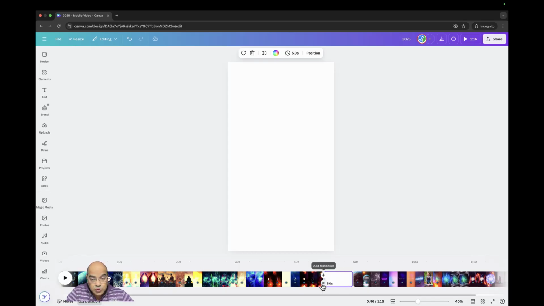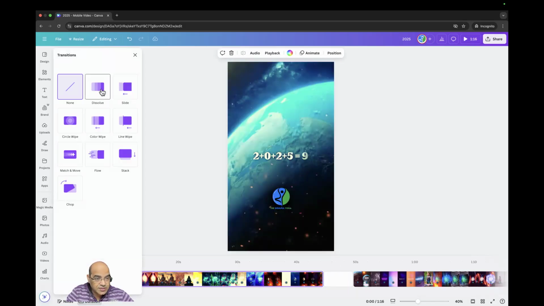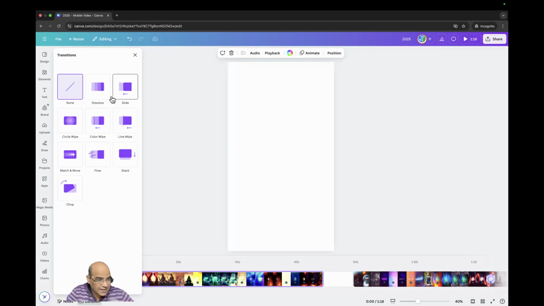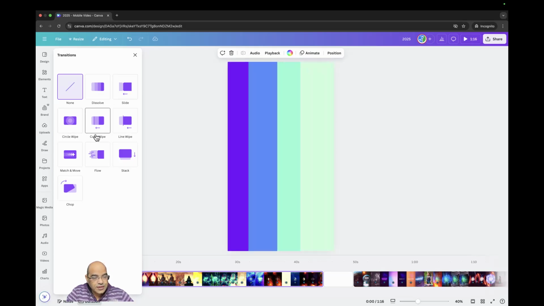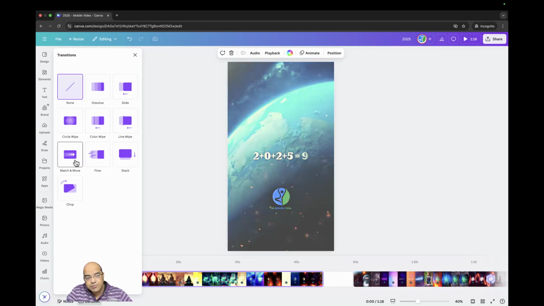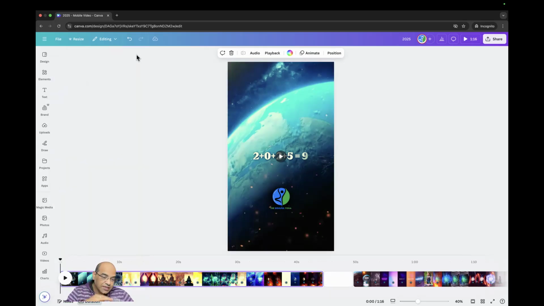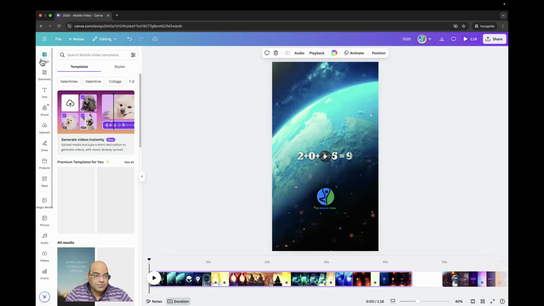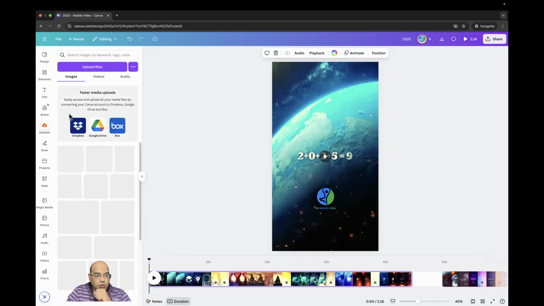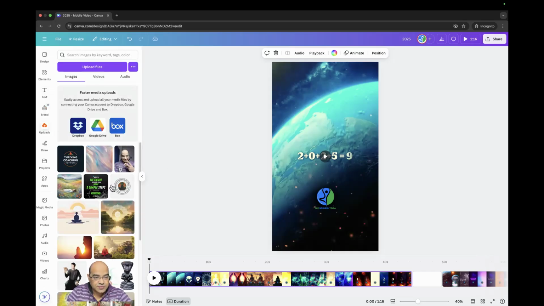I can also put up a transition here. Now there are different transitions like dissolve, slide, circle swipe, color wipe, line wipe, match and move, flow, stack, and chop, right? So there are different transitions. Similarly, you would have seen a lot of videos in which they keep doing the transition. For example, if I go and show you the one that I created,